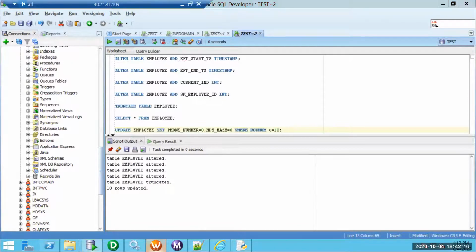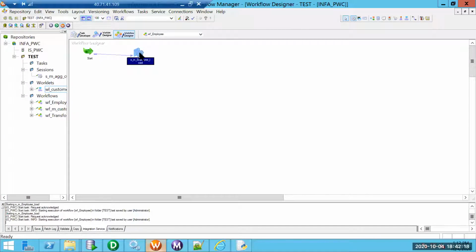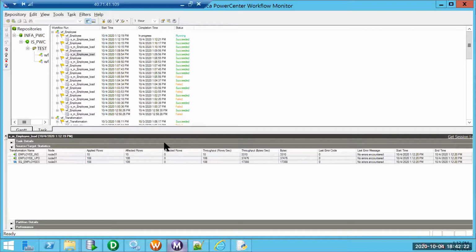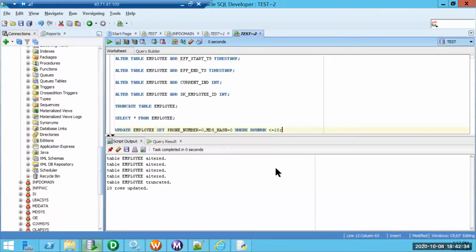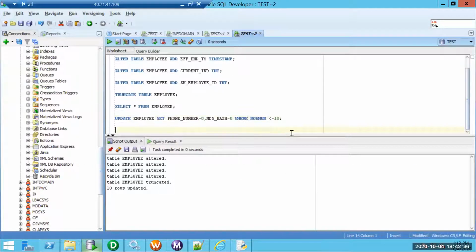Let's see. Now the expectation is these 10 records will go for insert as well as update. Perfect. So 10 records actually came for an insert, and then 10 records already. So there will be a current indicator 0 for those 10 records.